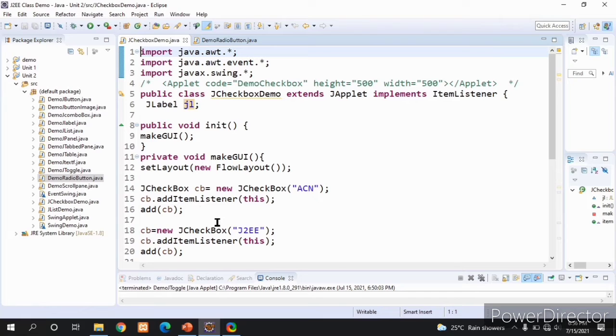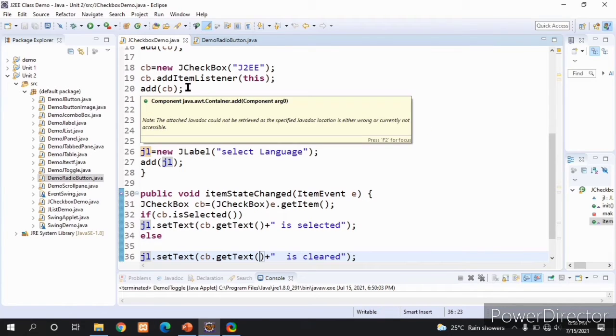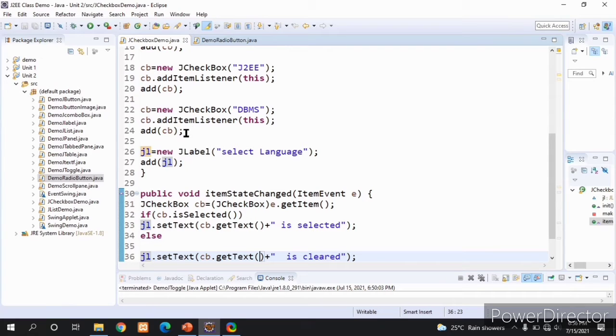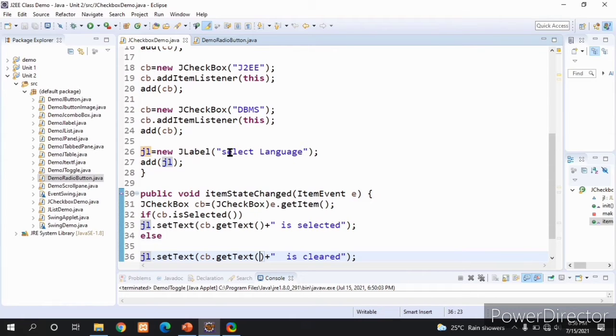Like that I am creating another two checkboxes, J2EE and DBMS. Those two checkboxes are also registered with the ItemListener and added to the content pane of the applet viewer. Initially I am setting the JLabel text to Select language, and I am adding that label to the content pane of the applet viewer.